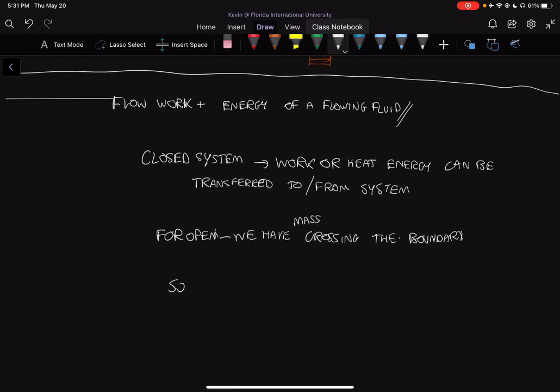So we can say that some work is required to push mass into the system. In order to move mass from one place to another, we need to do some work. And that work is usually created by either a change in pressure or by putting a force on a certain